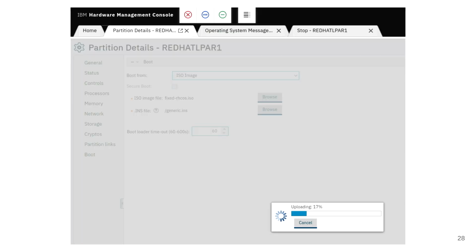Okay, once we have a working ISO, how do we even get it into the mainframe? The recommended way to do it is using SFTP, so secure FTP. But of course, we had networking issues, so we couldn't do that either. And the way I did it then was create a custom ISO and upload it to the hardware management console. And I had to do that over and over again over a VPN connection, which took quite a while. And yeah, you can't move fast and break things that easily with a mainframe. It was pretty painful.